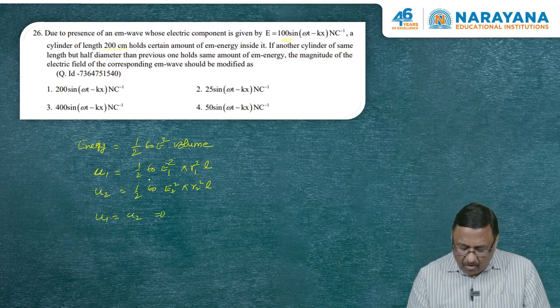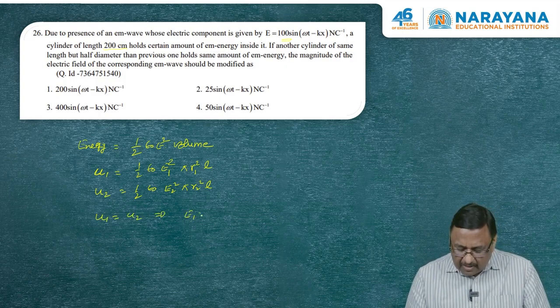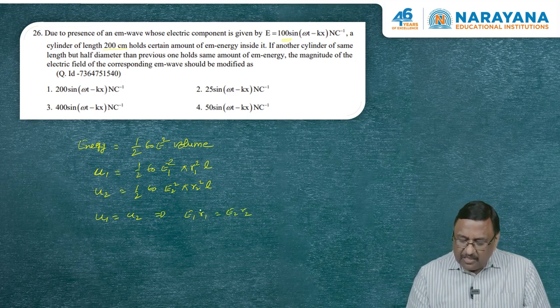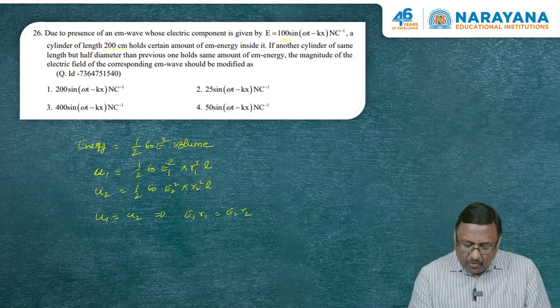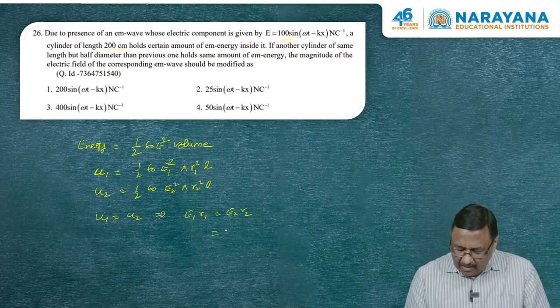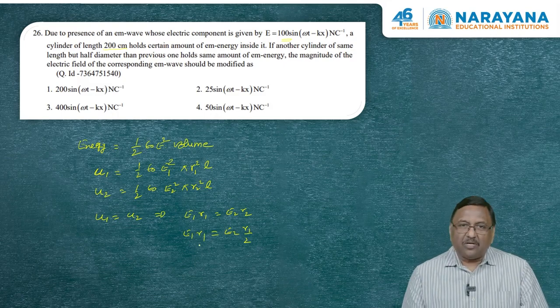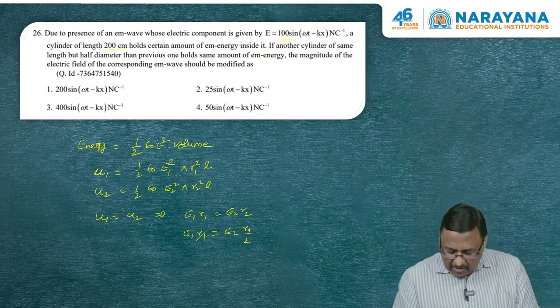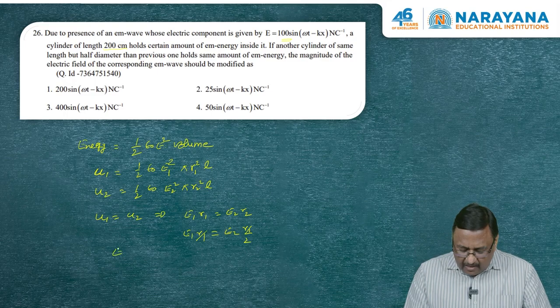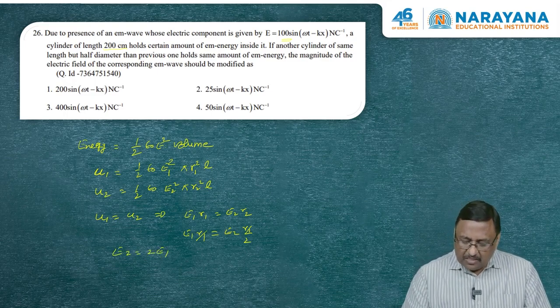What does this say? All the common factors are going to cancel out here. So I can say E1 R1 is equal to E2 R2. I hope it is very easy for you to understand. Now R2 is going to be half, because he is saying half the diameter of the previous one. So E2 into R1 by 2 is equal to E1 into R1. R1 gets cancelled out, so E2 is simply 2 times E1. You are considering the same cylinder, so initially the energy is given to be